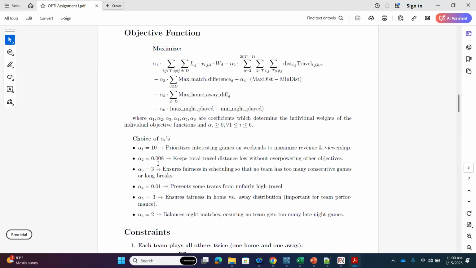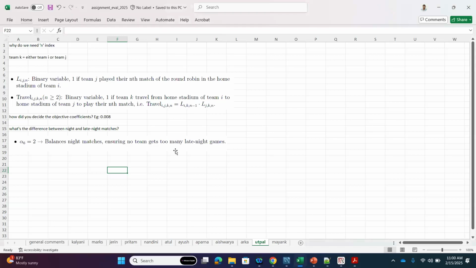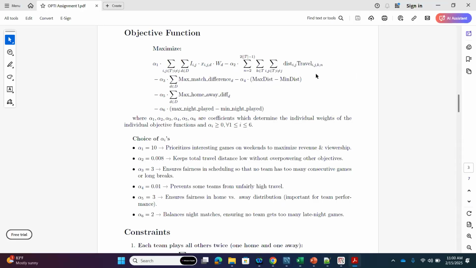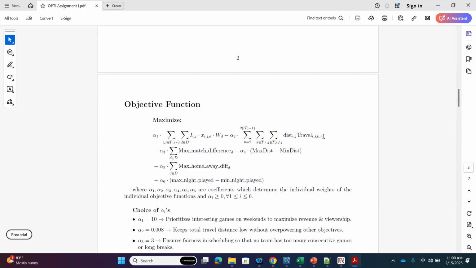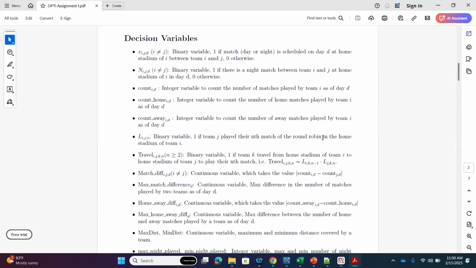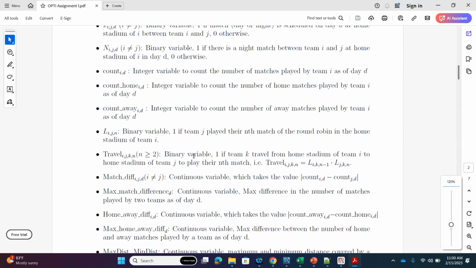So another question I had in your assignment is you have this variable. You have this n index, so I didn't understand that. Travel IJKN, yeah. This one. So you are talking about this one. LIJN or travel IJKN, any of these. LIJ is like the place of the home match. So LIJ means that